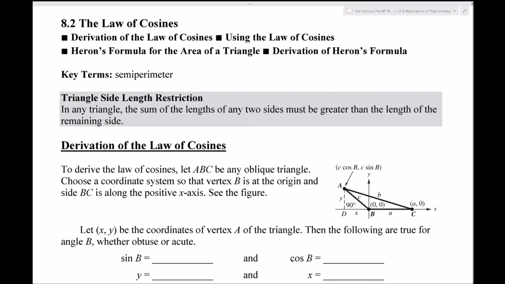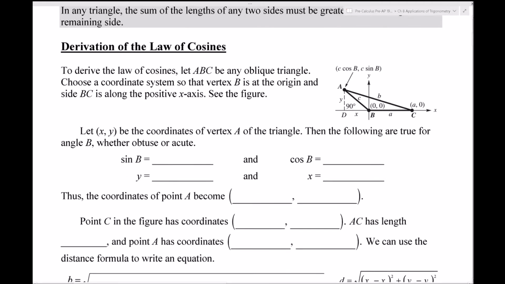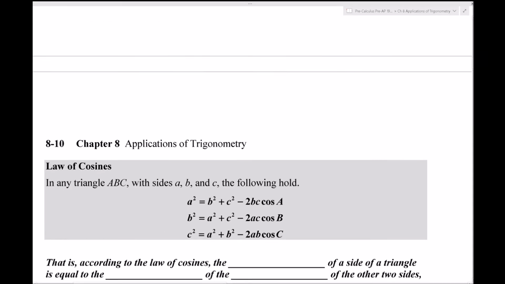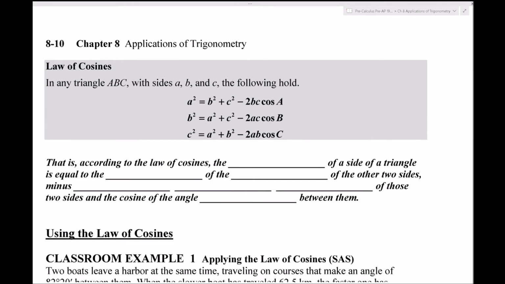And it's going to have some sort of trigonometric expression. In this case, we're expecting cosines in there. So I'll go ahead and give what that formula is. They give it here in 3 different versions. So we have a triangle A, B, and C. And normally the way that they label these triangles,